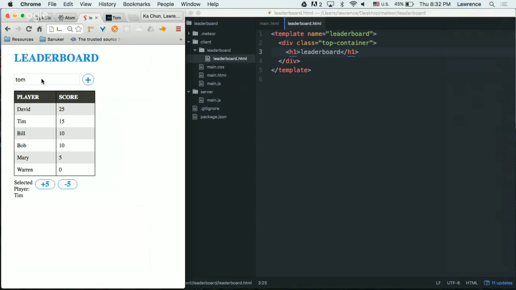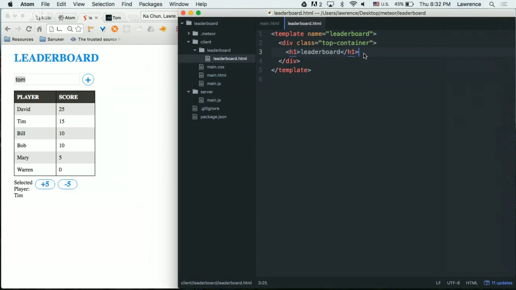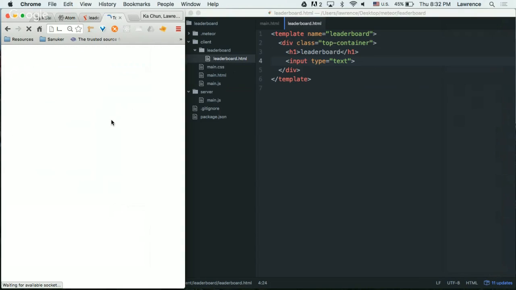What about this? Something that you can type out, we call that an input box. So here, underneath the H1, type input, and then tab. I know that Windows and Mac are going to show a lot of different things, but if something shows up automatically, just ignore it. That's okay. Then just press save. Now you should be able to see an input box right underneath.